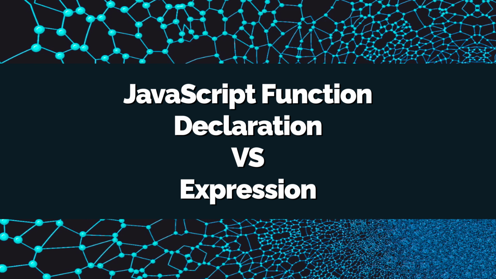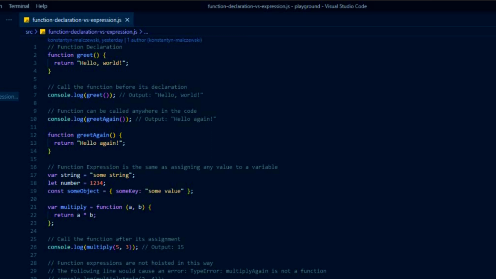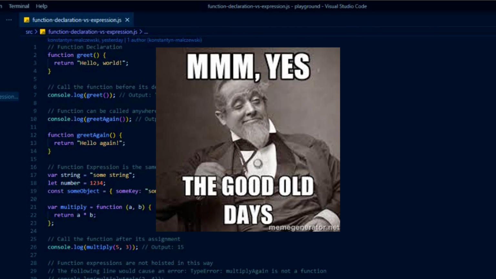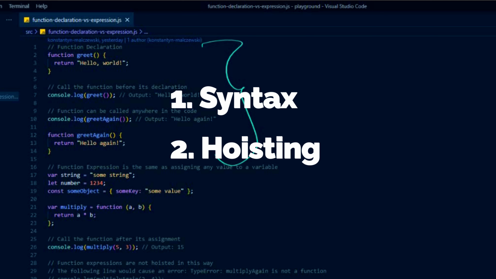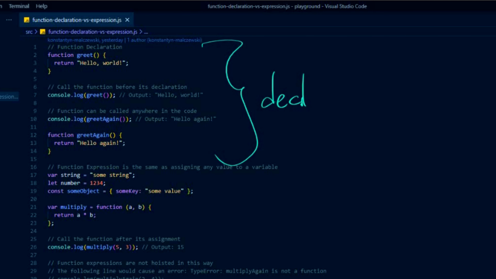What is the difference between function declaration and function expression? This interview question is a classic, but still it could be tricky, because it involves not just syntax differences, but your understanding of JavaScript hoisting. Let's dive in. The main difference between function declaration and function expression lies in two key aspects: syntax, or how